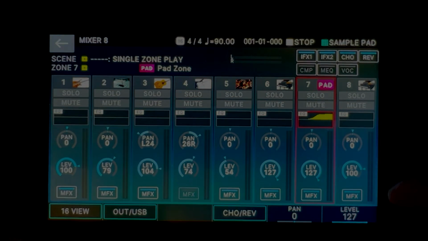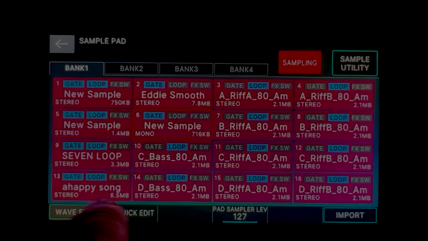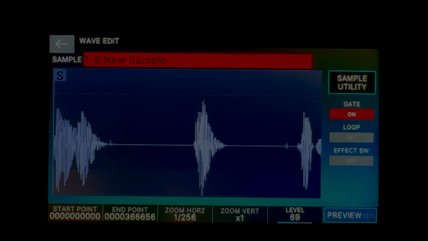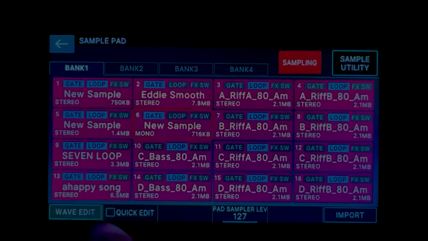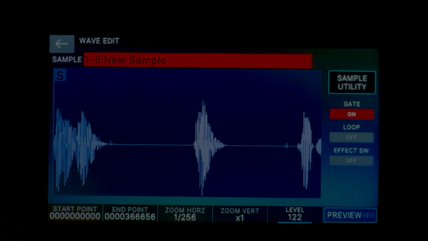I'm gonna have to bring everything super down. I wonder if I can access the sampling again. Wave edit. Oh, there we go. Level 69. Let's bring this level up again. Wave edit. There. That should be it. In a world where workstations are trying to take over, and I need to bring that